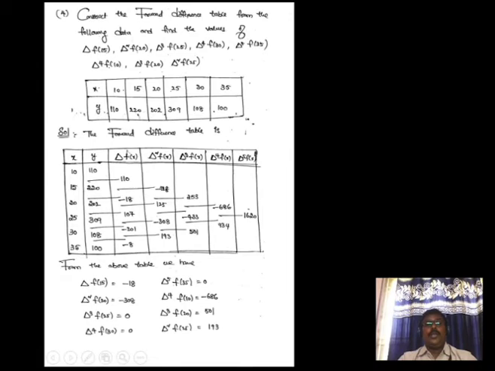So delta power 5 f of x. Delta power 5 f of 1. f of 1 means the first value in x. So in delta power 5, the first value is minus 15. So delta power 5 f of 1 equals minus 15. This is how we can find the values. In this problem also I have constructed the forward difference table and found all the values which he has asked. So this is about the forward difference table.